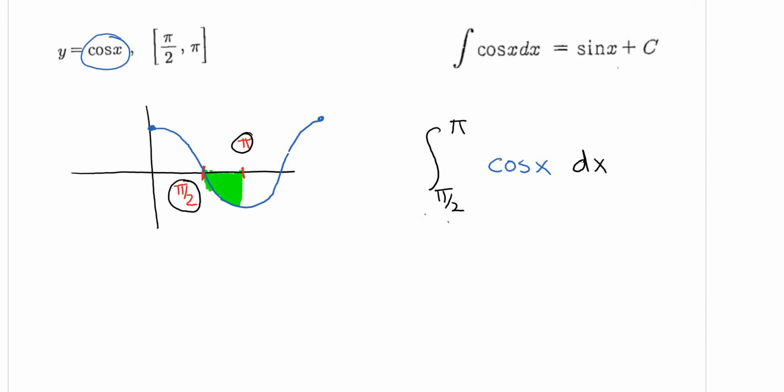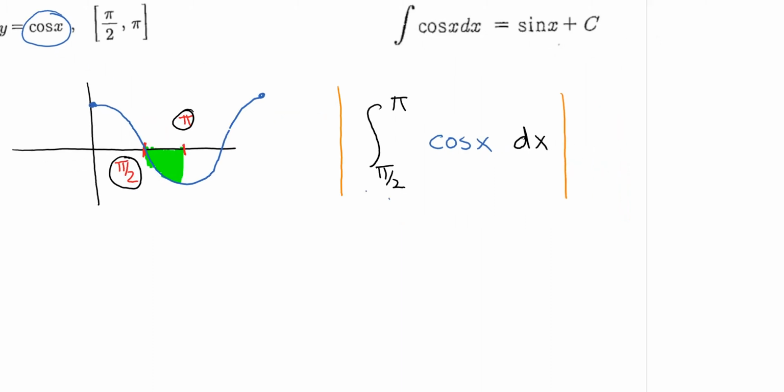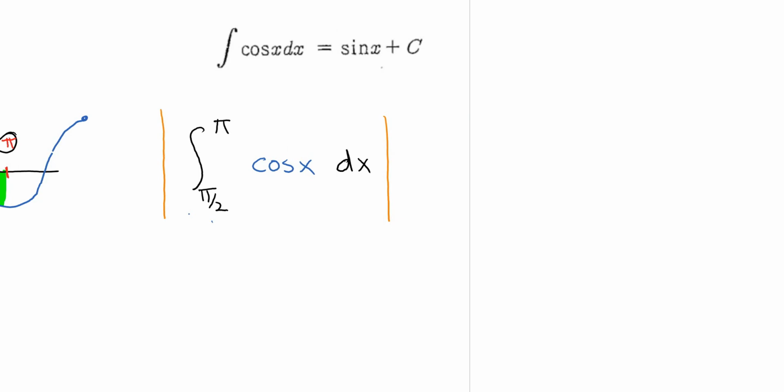So in order for us to modify the answer so the answer is always positive, you can just put an absolute value sign around this whole expression here, and that will ensure that the final answer is indeed positive. Now, there are different ways where you can take an area underneath the graph and make it positive, but I think just having the absolute value signs there is a very simple way to make the negative answer into a positive answer. Okay, let's go ahead and find the antiderivative now of cos x, and using my formula